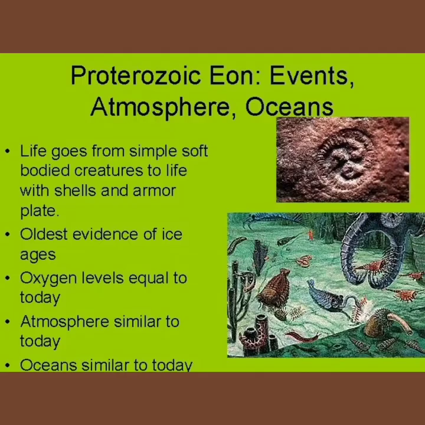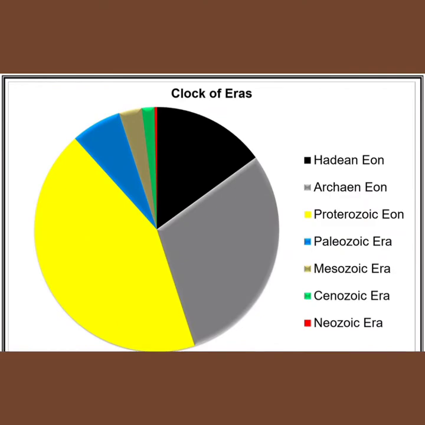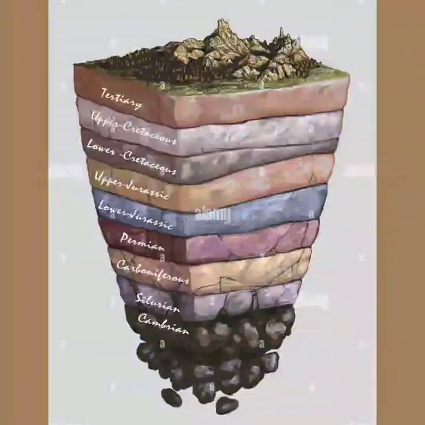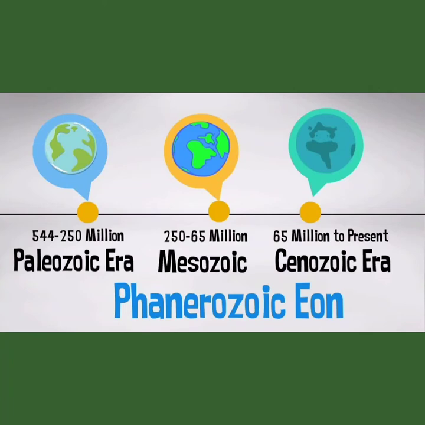Now, the eons of geological time are subdivided into eras, which are the second longest units of geological time. Eras are defined based on the fossil life forms found in the rock layers and the law of superposition. We have to understand that the Hadean, Archean, and Proterozoic eons do not have recognized eras. The Phanerozoic eon, the span of geological time extending about 541 million years from the end of the Proterozoic eon to the present, is called the eon of visible life.